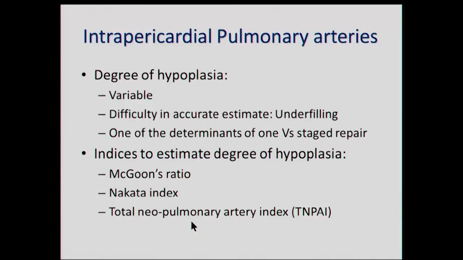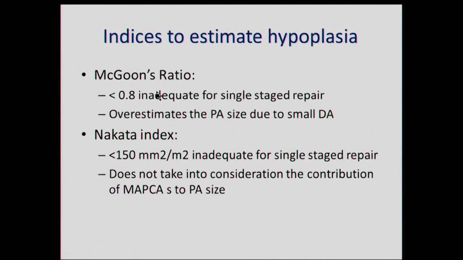Talking about degree of hypoplasia, it's very variable. The most important thing is that it's very difficult to exactly estimate the severity of hypoplasia because of the underfilling of the arteries. And this remains one of the most important determinants of single versus multi-stage repair. As you know, we use different indices to estimate the degree of hypoplasia, namely Magoon's index, Nakata index, and total neopulmonary artery index. Magoon's index, as you know, is nothing but a ratio of the right pulmonary artery at the level of the right vertebral border and left pulmonary artery before its bifurcation divided